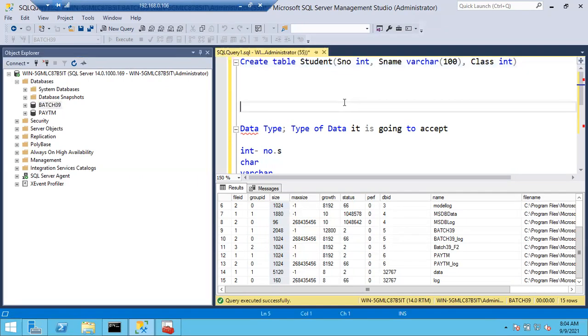Sir, when we are creating a table, can we insert two types like integer and varchar in one column? No. For one column, how can it have two parameters? How can you define one column with two parameters at a time? For example, we are creating a bike registration number, like AP39, that is a combination of numbers and characters.